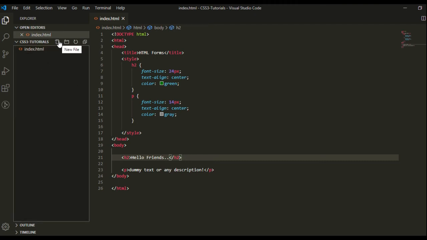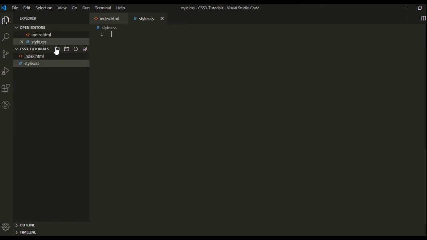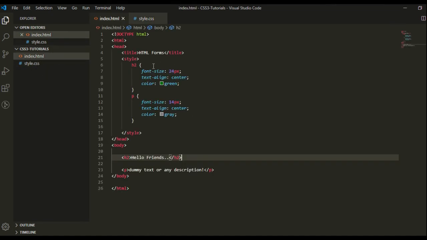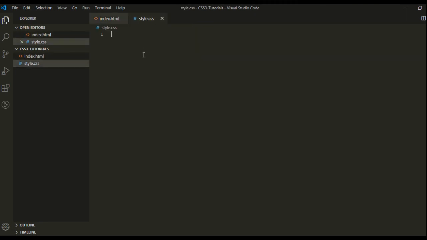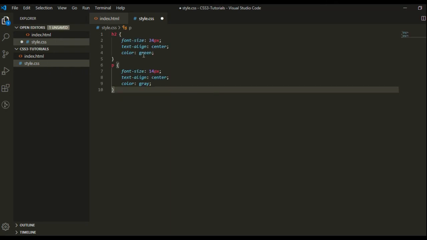Here I am creating a new file with the name style.css, because we are writing CSS, so we have given the extension CSS. As with embedded CSS, we can write all these properties inside this style sheet.